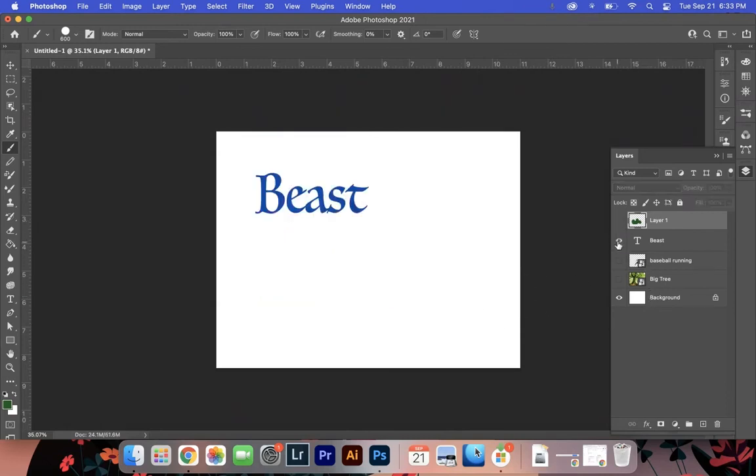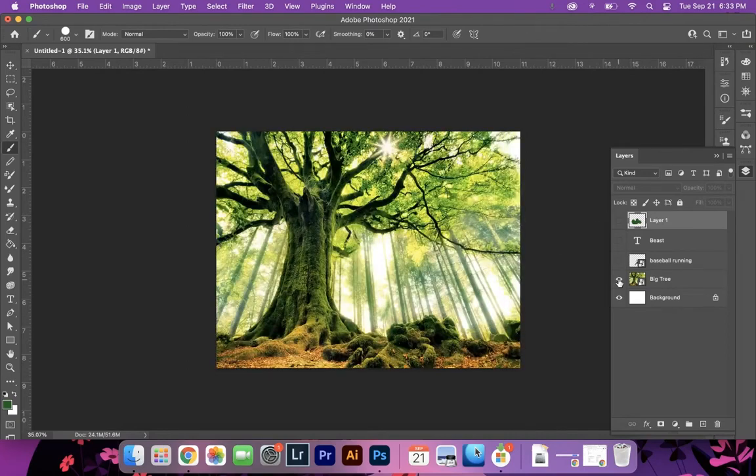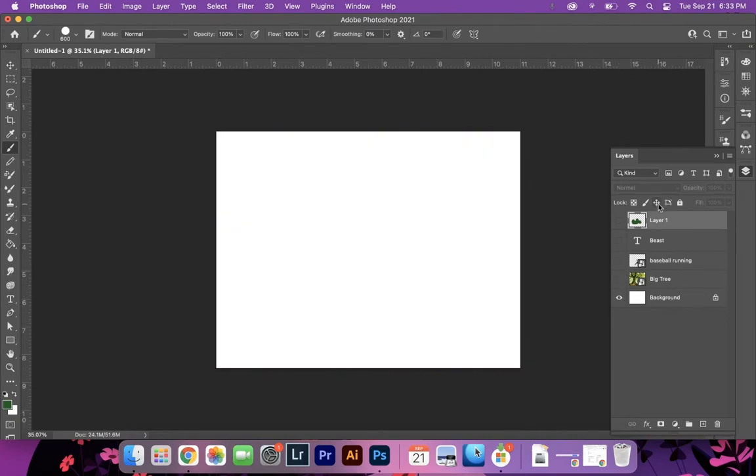I also used the text tool to create some letters, and then I cropped out a figure and put them in the scene, as well as I put kind of a background here. Whatever object you have, say that I'm going to take this text. With that layer, in the